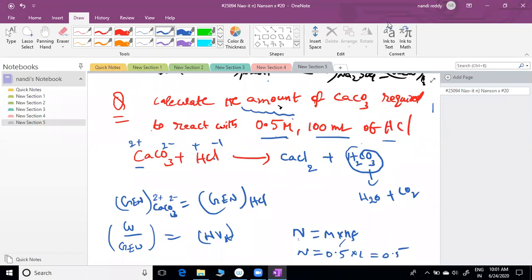Who is getting the answer by applying stoichiometry? Please stop that method. That is one method, and this is another method. Do it through this method. Even if you are getting answers with the stoichiometry method, please stop it. Learn this method first. In future, we are going to solve most of the problems through this method only. We are not going to use that method because it is very difficult to balance all the equations and it needs too many calculations. Everyone take this seriously. If you want to solve chemistry titration questions, you have to learn this gram equivalent concept. If you don't want to, you can leave it.